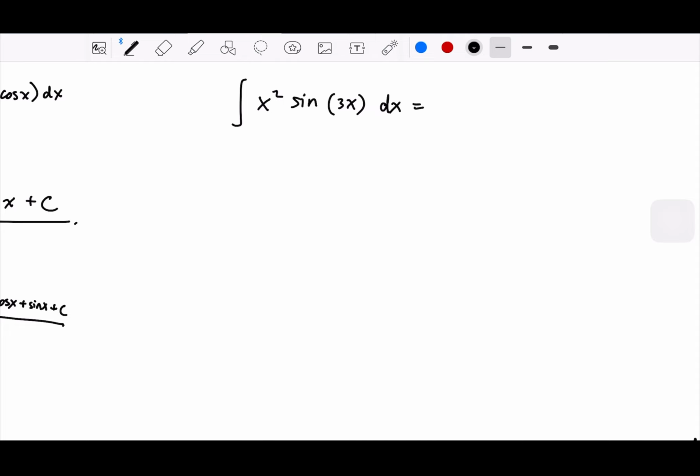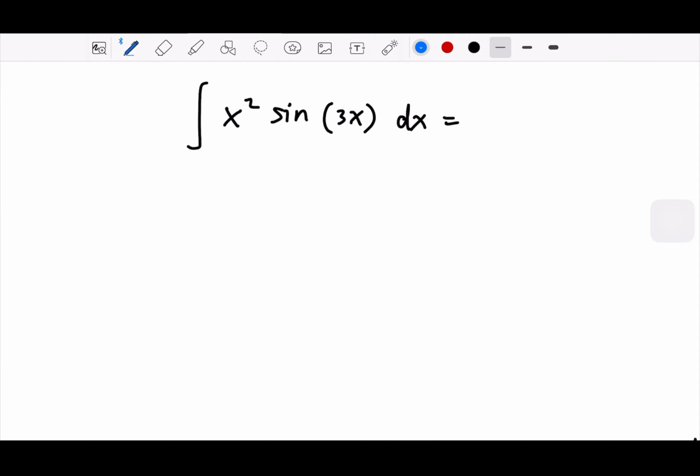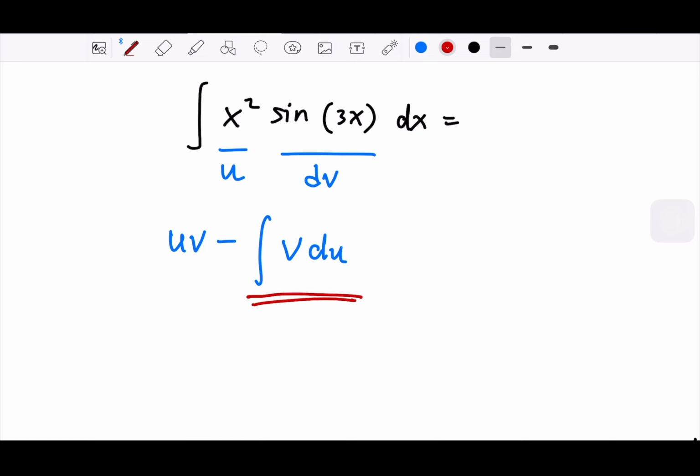If you are taking these components of the integral, taking this as u, this is dv, we can start rearranging as uv minus integral of v du like this. But you will notice that at the integration of v du, we are going to take integration by parts again, right? So instead of doing this, let's just try